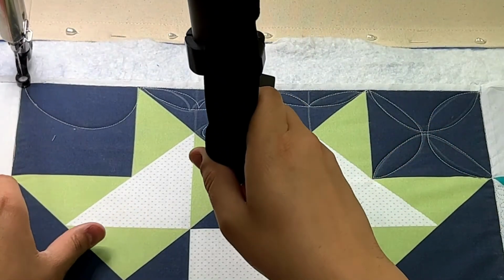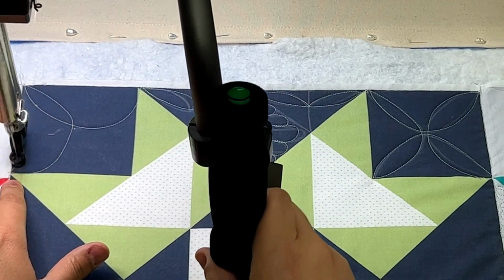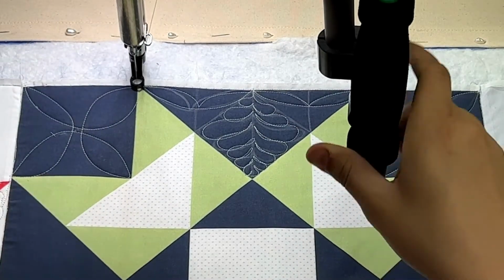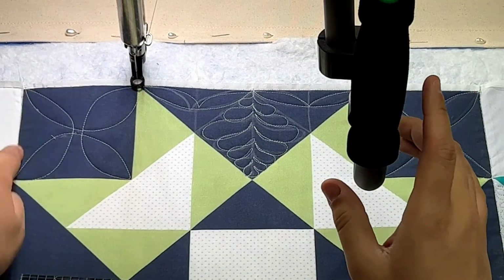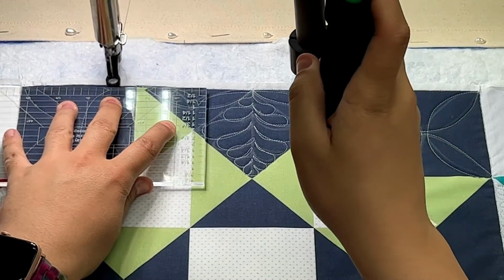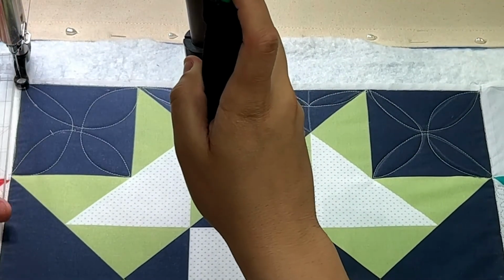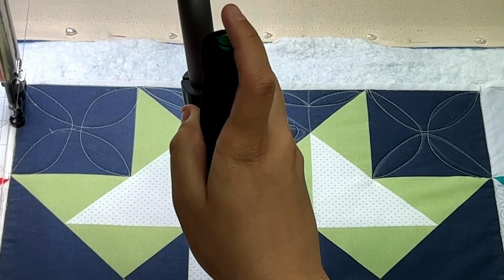So big arc to there, arc to there, arc to there, arc to there. And then we're going to work our way with stitch in the ditch around this way and around this way. Because you want to make sure you're doing the stitch in the ditch around the whole block if you're going to do it. You don't want to leave any pieces out because then it's going to be noticeable on the back of the quilt. So we've got this section at the top, then we would come down this way,